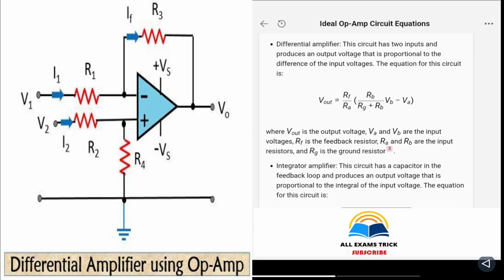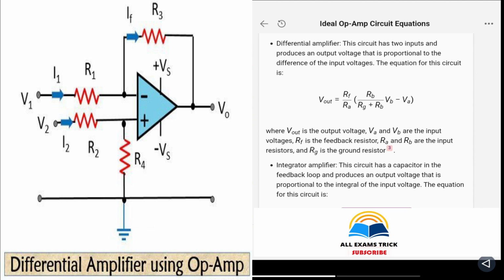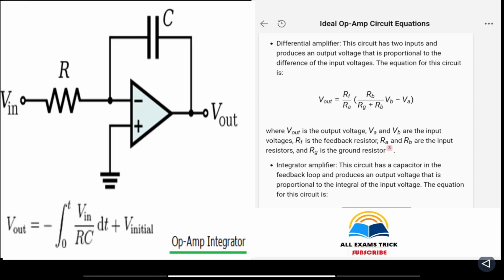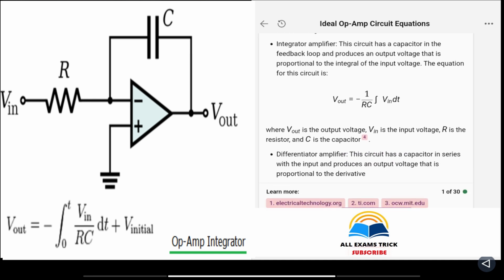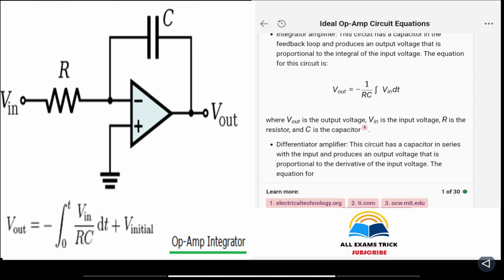Differential amplifier. This circuit has two inputs and produces an output voltage that is proportional to the difference of the input voltages. The equation for this circuit is. Integrator amplifier. This circuit has a capacitor in the feedback loop and produces an output voltage that is proportional to the integral of the input voltage. The equation for this circuit is